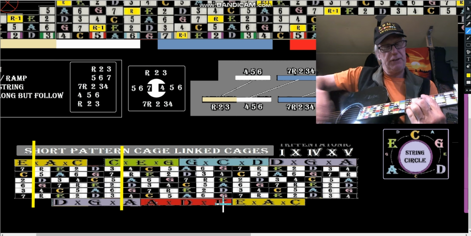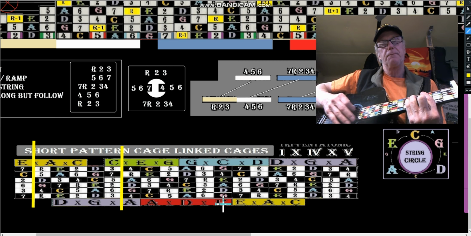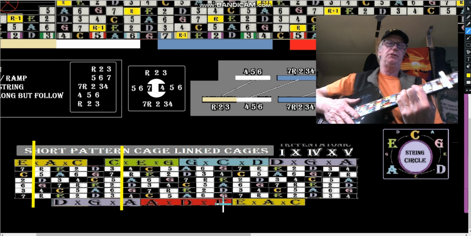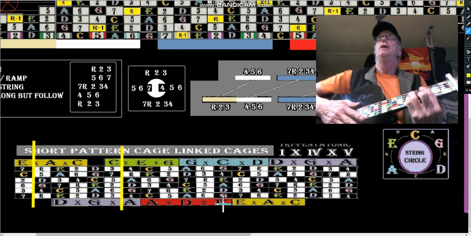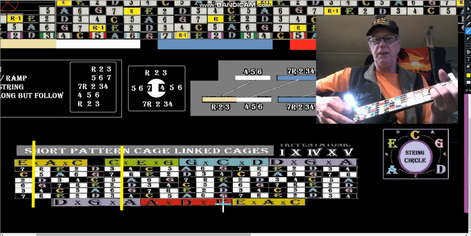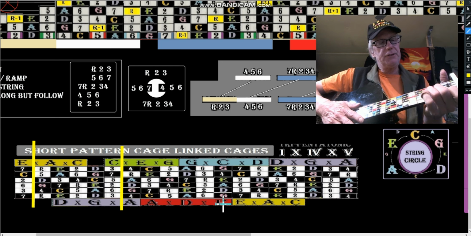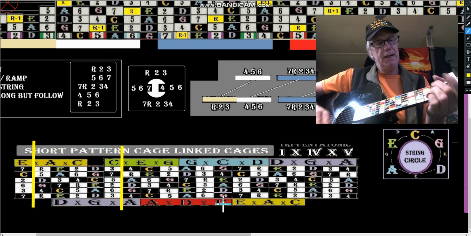Then we go to an E-shaped G. Now, how's that an E-shaped G? Let's look at the easiest one. So we have, and here's your E. Remember, the CAGE system is C, A